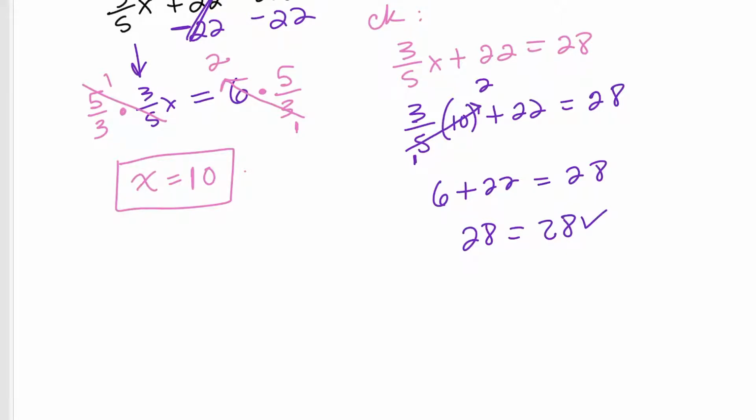If you subtracted 22, that would have changed it to 6, and then it would have been 6 is equal to 6. That's the beauty of equations. It gets really, really nice. All right. Hopefully,